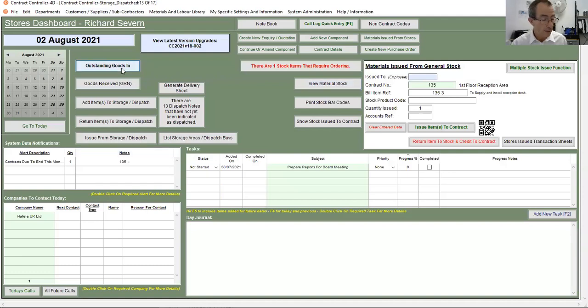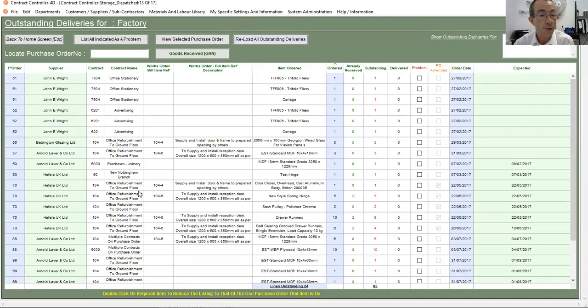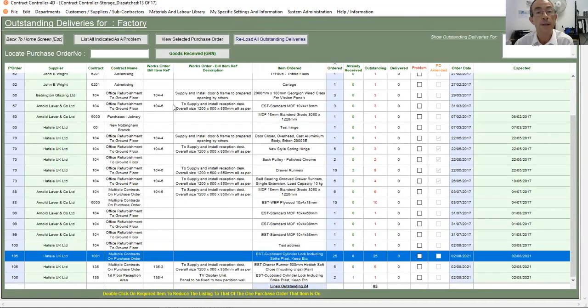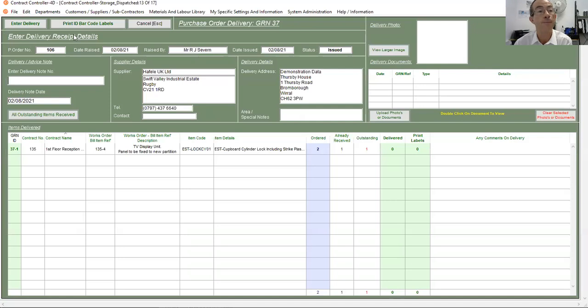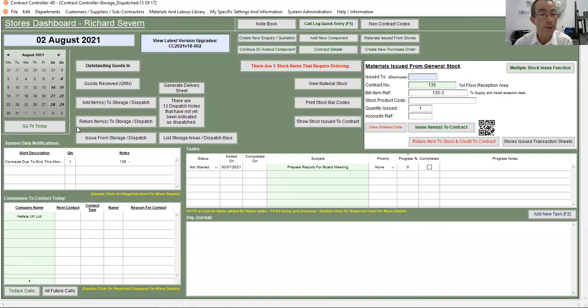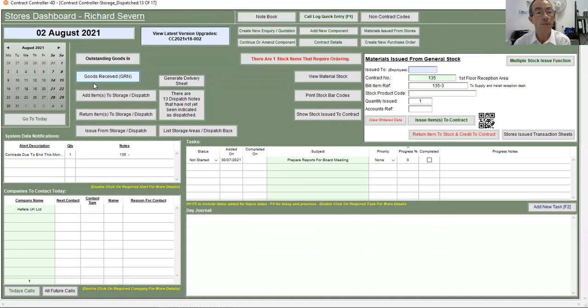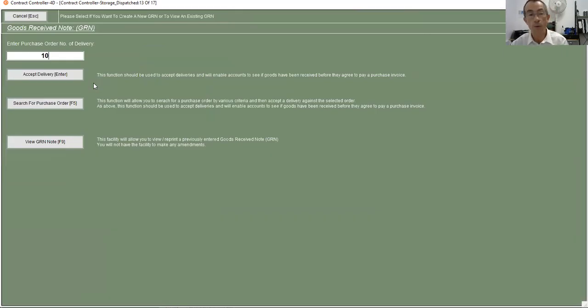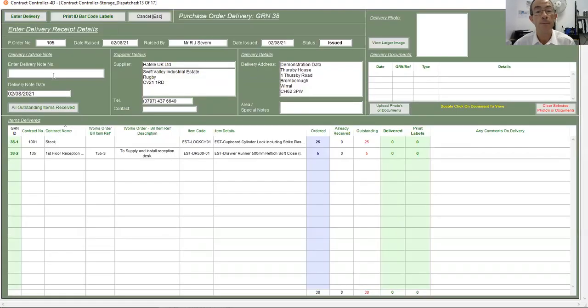So to record these items coming in, we simply either go to outstanding goods in, select the item and say goods received note, or I could enter it directly from a goods received note from the dashboard. So purchase order 105, accept delivery. Then it shows the items that we've ordered. I then enter in the delivery note number that they arrived on. So it says DM